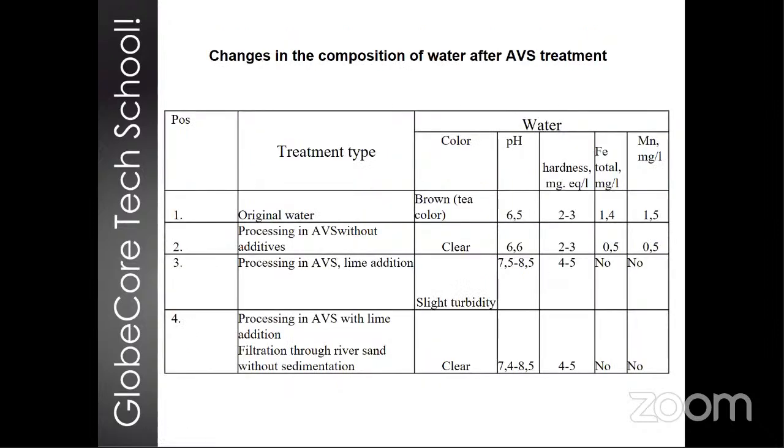All right, and this table shows the results of operation of such a facility. The original water actually had a brown tint almost, and the analysis showed that the water contained up to 1.5% of iron and about the same amount of manganese, and it had humic acids in it as well. So sedimentation can be used instead of filtration to provide, say, a settlement with a population of maybe 1,000 people. Just 2 devices are sufficient, of which one is actually a spare. So if we calculate the necessary water consumption as 0.3 cubic meters per person,